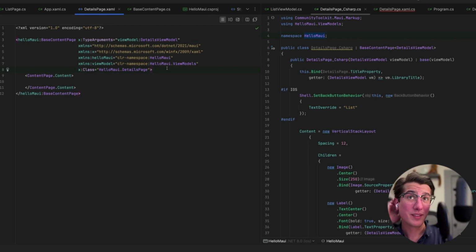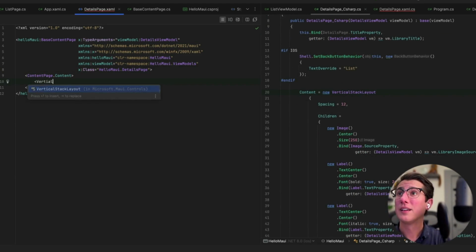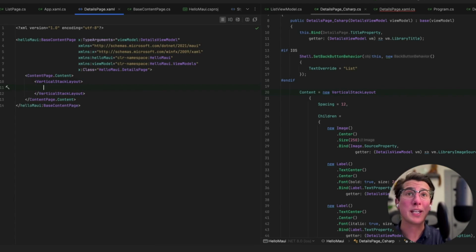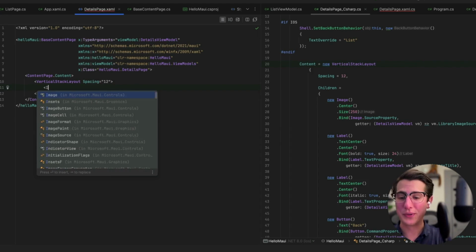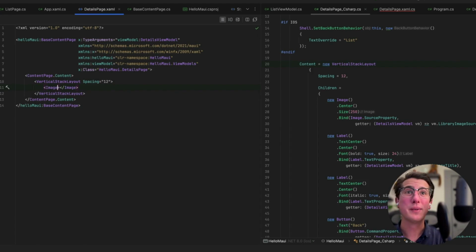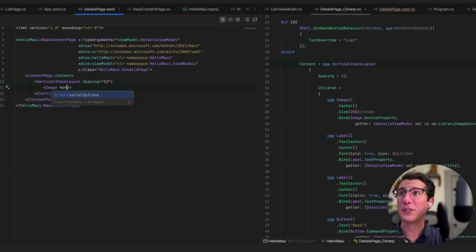All right. Let's start building some UI. Now, what do we see? I see a vertical stack layout. So for our content, just like we did in our previous XAML video, we'll create a vertical stack layout that has a spacing of 12, and then we'll add some children to it, the first one being an image. So we have our image that, let's see, we want to probably just get away with closing it. So center, we want to horizontal alignment, center,